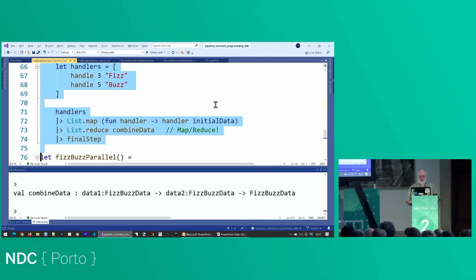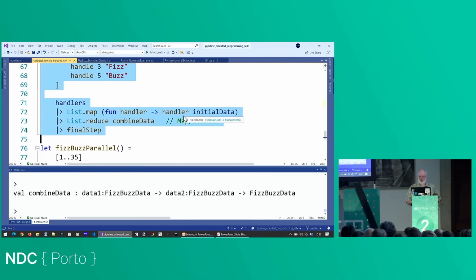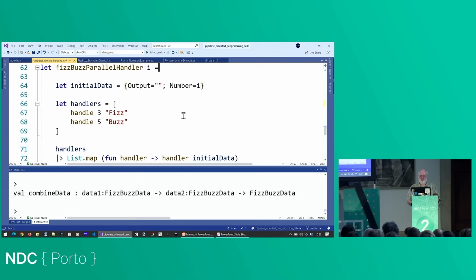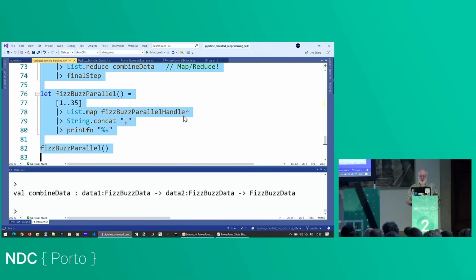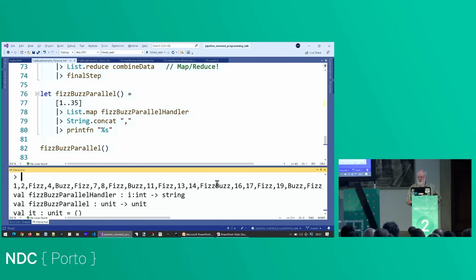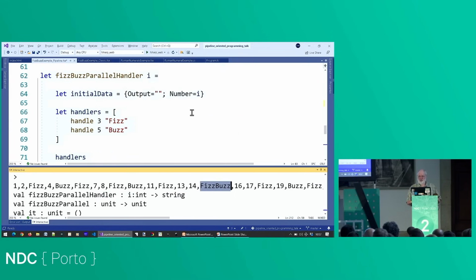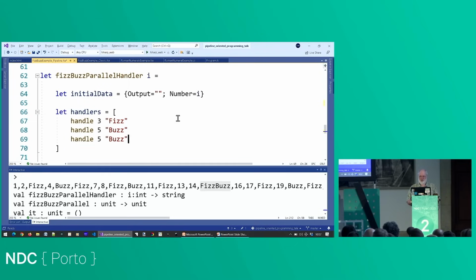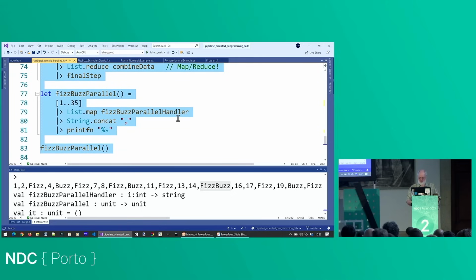And there's my handler. By the way, notice I'm doing a map followed by a reduce. So if you know about parallel programming, you know there's a thing called map reduce. And here I am actually using it in real code. So let's do the parallel version. So here I'm getting my FizzBuzz automatically, even though I didn't actually have the FizzBuzz case because it's doing it in parallel. And if I add 7, again, I can just add 7. I don't have to change any other code. And now if I do it in parallel,